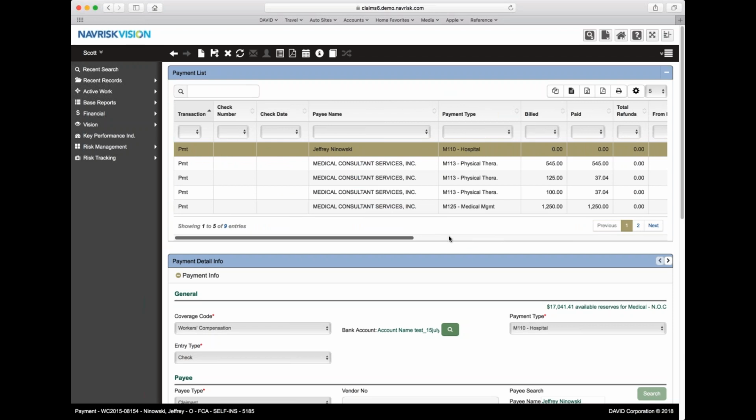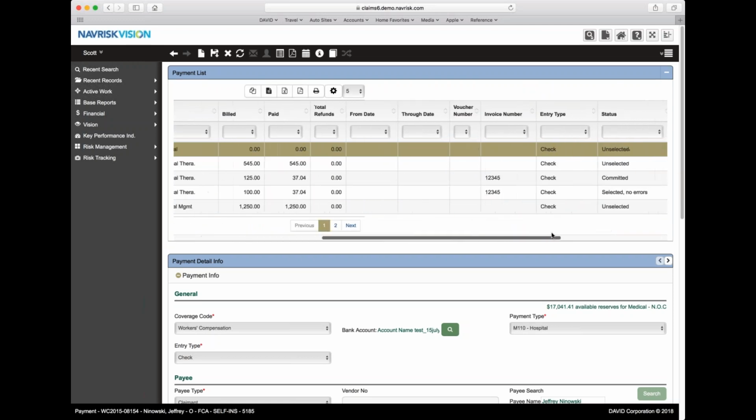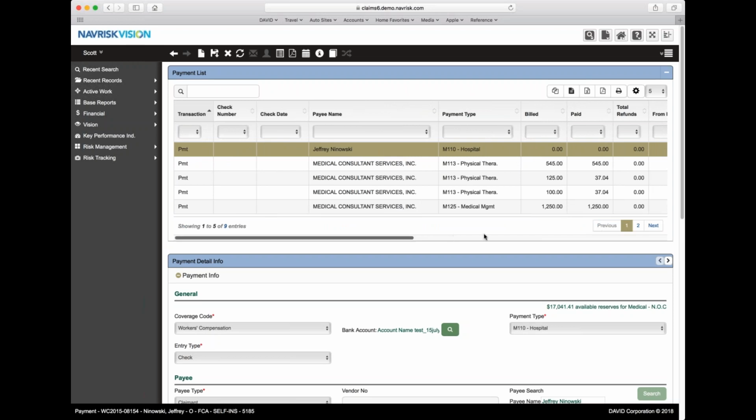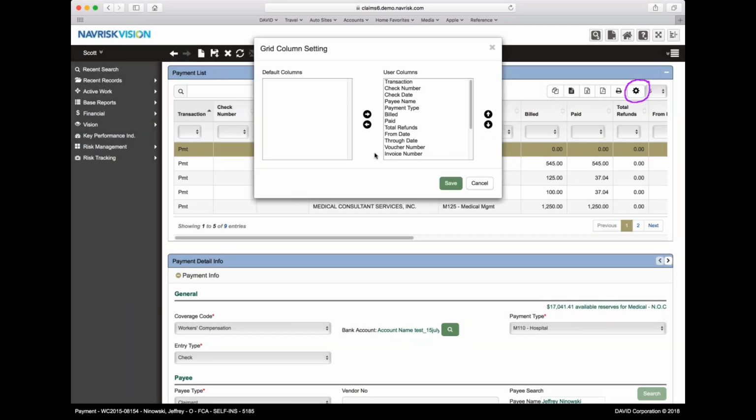Maybe I like to have the field invoice number a little further over to the left, so I don't have to always continue to scroll like this every time I want to look at this information. So you have the ability to control that information at the end user level, and that's also done by a little gear icon. In this case, the gear icon appears in the toolbar here above the grid. So all the grids in the system, we'll talk about that in a minute, have this same gear functionality that you can click on. So if I click on the gear here, that's going to open up a screen here